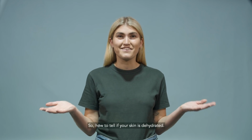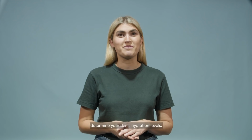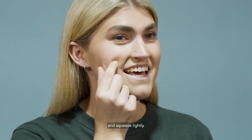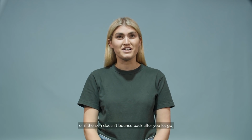So, how to tell if your skin is dehydrated? You can do a simple pinch test at home to determine your skin's hydration levels. Take a small portion of your skin around the cheek area and squeeze lightly. If you notice any wrinkles or lines, or if the skin doesn't bounce back after you let go, then your